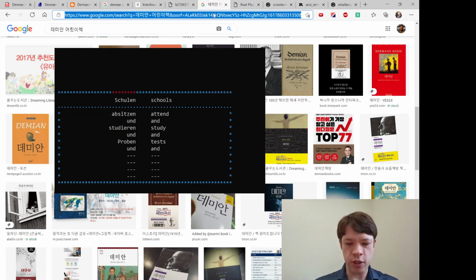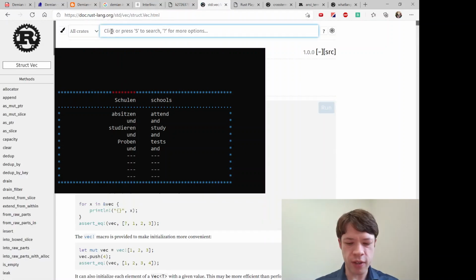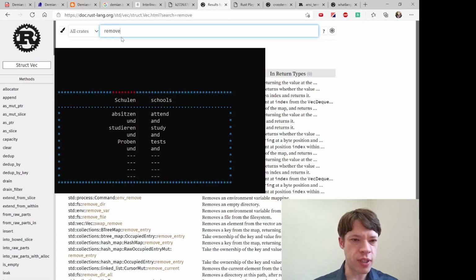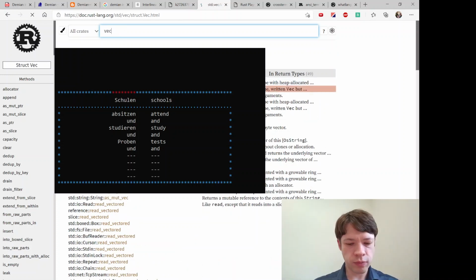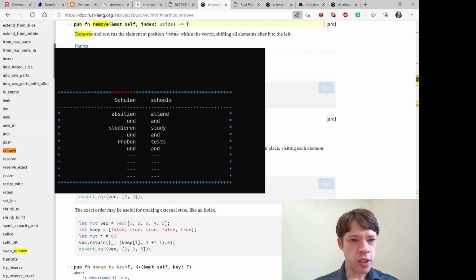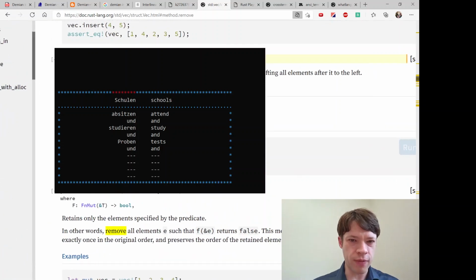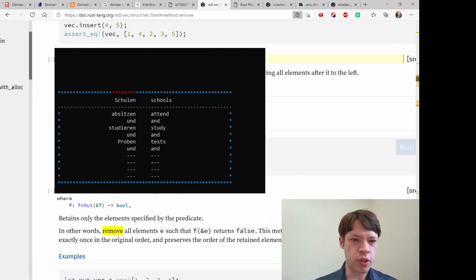So in a Vec, you can also, what is it? Take, remove. That's the method I was thinking of. So Vec remove. There you go. This will also pop things off the front if you say remove 0. This removes and returns the element, and then it shifts all elements after it to the left.